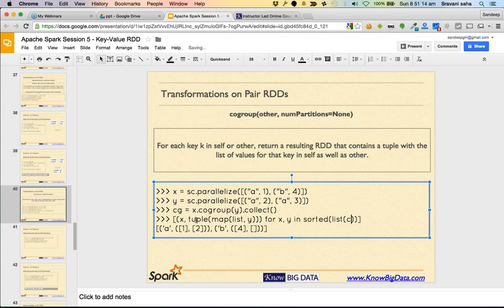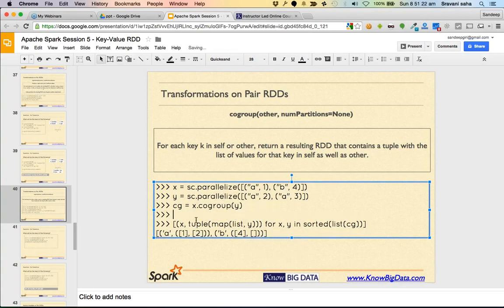Now once we have created, let's say co-group local equals cg dot collect. All right, now what we have done is we have grouped these values together. For a, all these values 1, 2 and 3 have come together, okay. Now at this point of time, we can just collect it and do it offline, convert the iterator to something, or